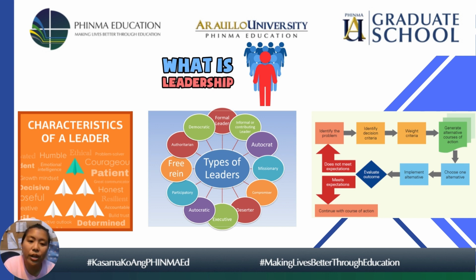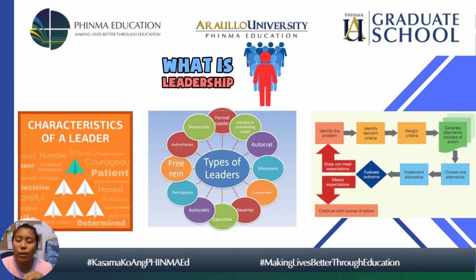Next, they have to collect relevant information. Ano yung mga important facts that they have to consider or details of the problem or the decision that they have to make. Identify the alternatives. What are the options that they have? Number 4, they have to weigh and analyze the alternatives. Which among these options is the most relevant? Ano dito yung pinaka win-win situation, kumbaga, for our organization or for the group. Number 5, select among the alternatives. Okay, let's choose this option.